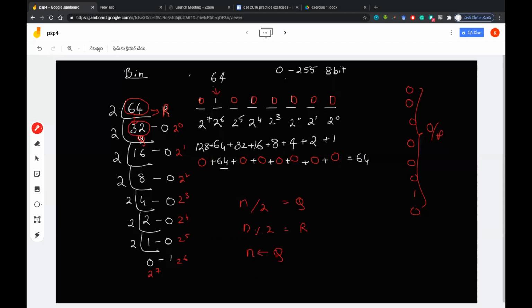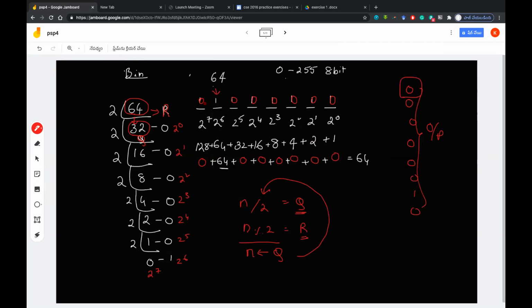This is how I will do it. Whatever quotient I get, before I come to the next loop, I assign the quotient to n. So in the next loop, n will be the new quotient, and from there you will find its quotient and also its remainder. Again, you assign it like this. If you go on doing this, somewhere in between you print. The print will come into the master console like this.